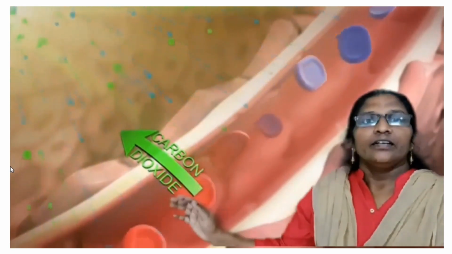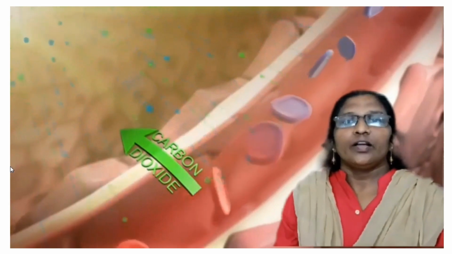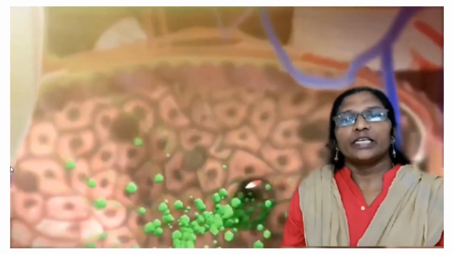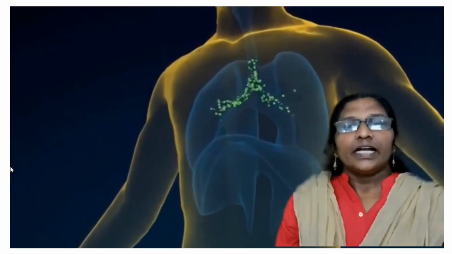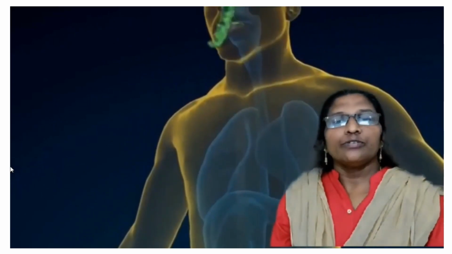Deoxygenated blood from the other parts of the body is brought to the lungs. As the alveoli are filled with carbon dioxide, exhalation can take place as the diaphragm relaxes. The air goes back through the nasal cavity and is expelled to the atmosphere. The lungs function like a balloon. They need energy to get air inside but no energy to exhale air.